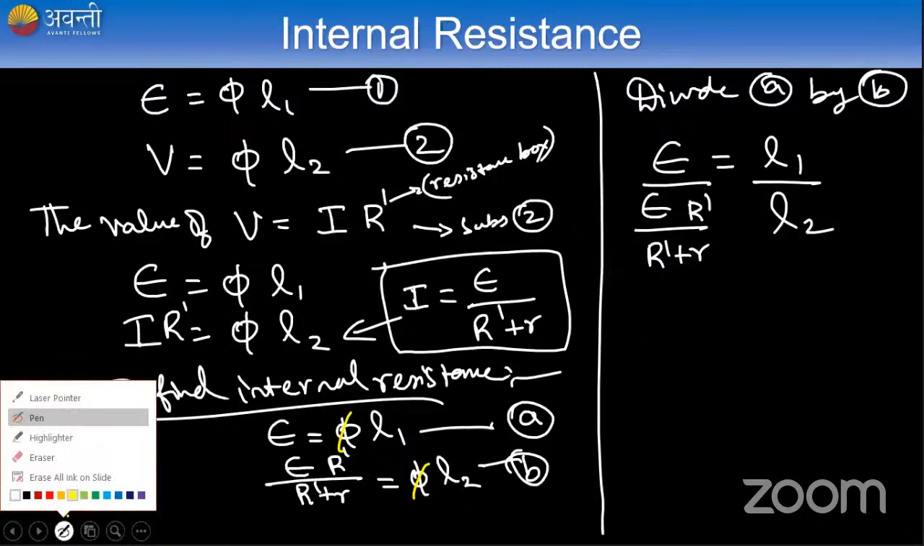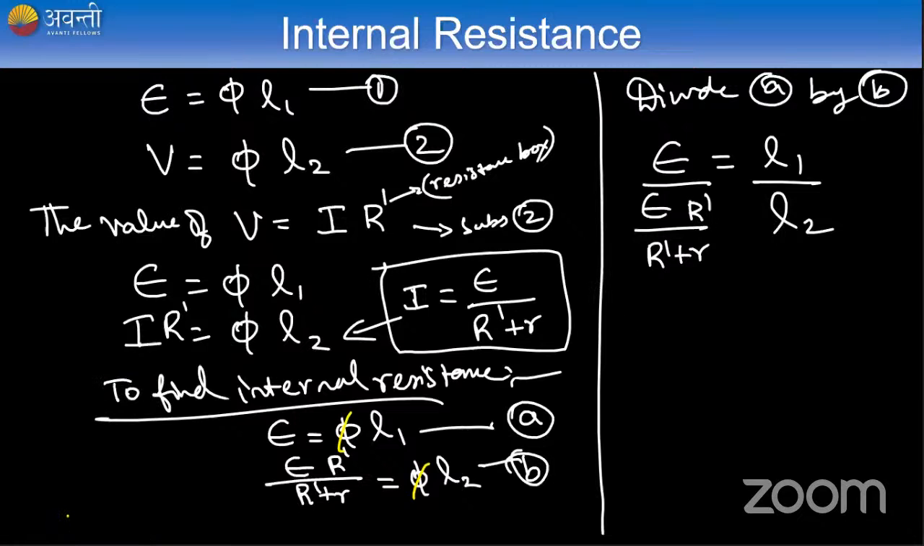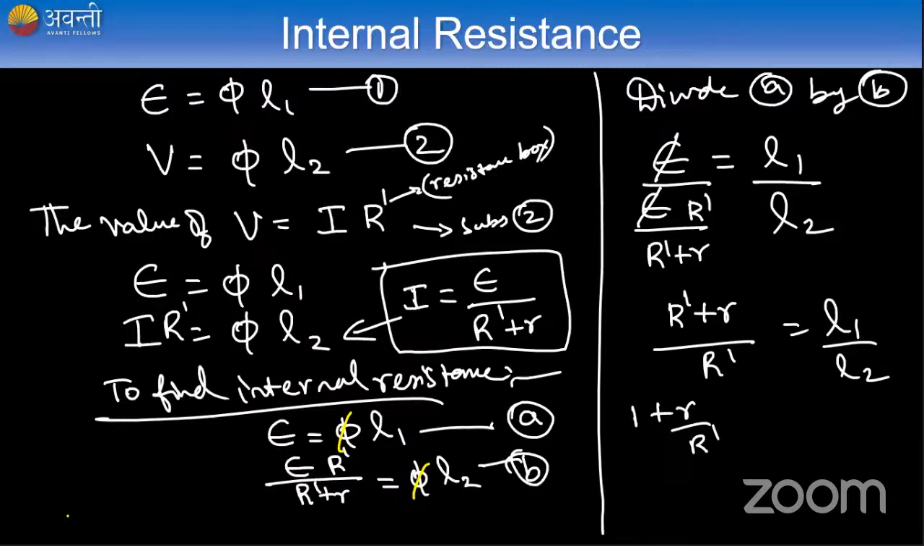So this is the end, guys. This is the last concept of your chapter. From here again, epsilon and epsilon cancel. So remaining we get R dash plus R upon R dash is equal to L1 upon L2. Rearranging this, solving for r, we get 1 plus r upon R dash is equal to L1 upon L2, or r is equal to,